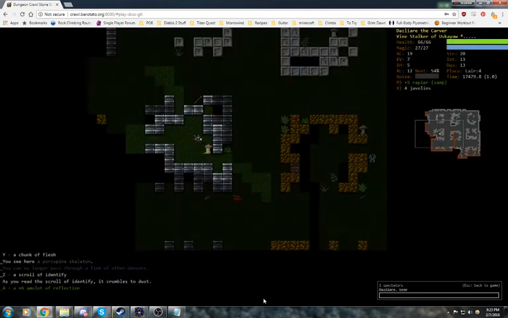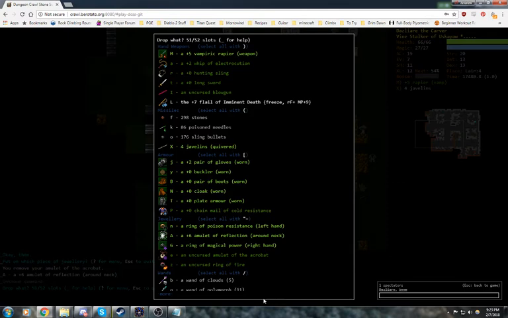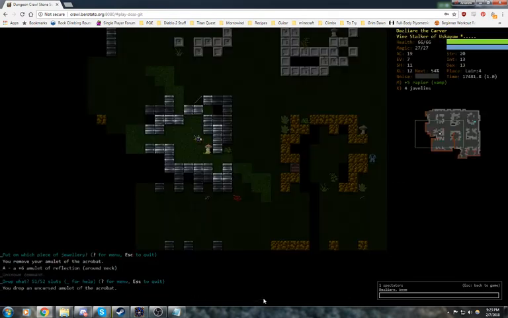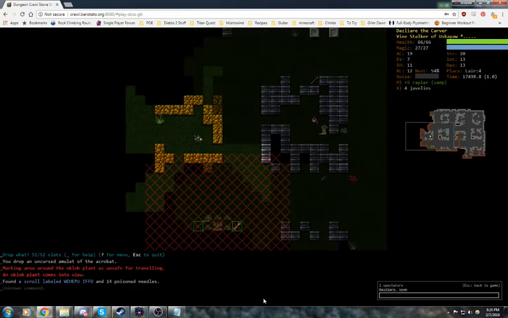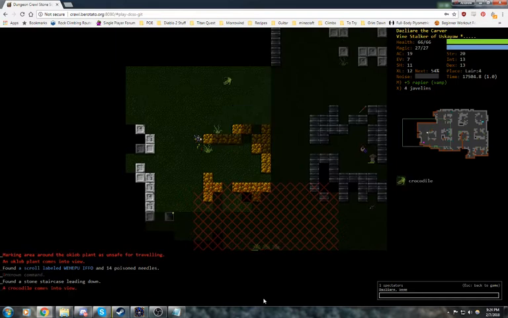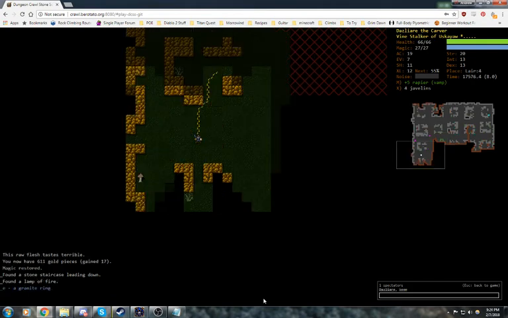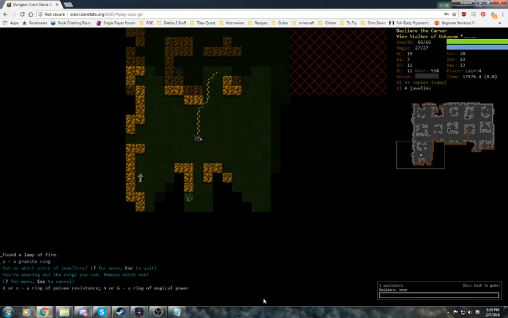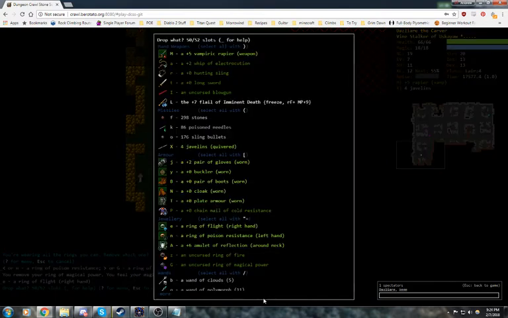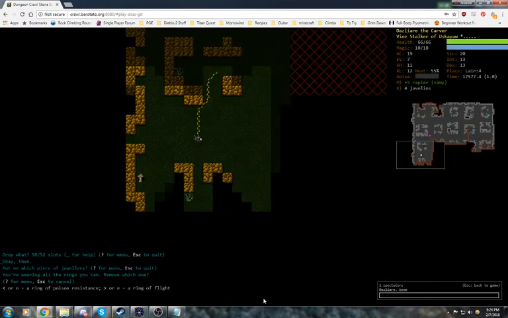Scroll of Identify will identify our amulet. Oh man, +6 Amulet of Reflection. Does it get any better, boys? Aklob, don't really want to deal with that. Even if that's a Scroll of Acquirement, well, if it is, then it's probably worth risking. It's not worth risking death, because nothing's really worth risking death. But it's worth trying to go back and get it later. Ring of Flight, I don't really care about that. I'll keep it just in case we do want to fly somewhere, but...